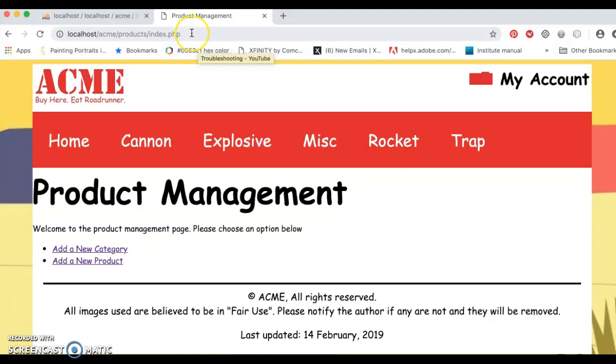In this product management view we create these 2 links that work: one to add a new category and this other one to add a new product. These 2 links have a key-value pair that is sent to our products controller in order to see our category form. So when we click here on add new category,